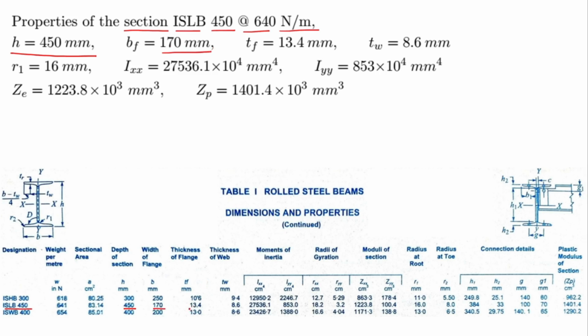Then thickness of the flange is 13.4 mm. Thickness of the web 8.6 mm. And R1 is 16 mm. Moment of inertia about x-axis, which is denoted by Ixx, is